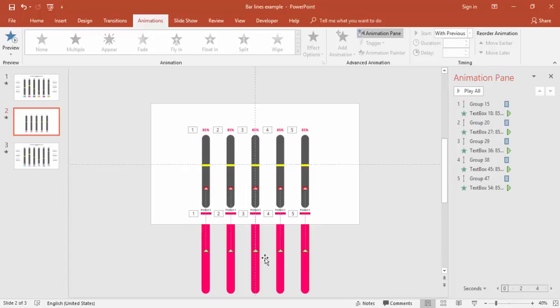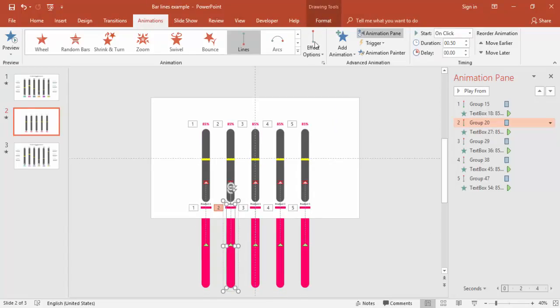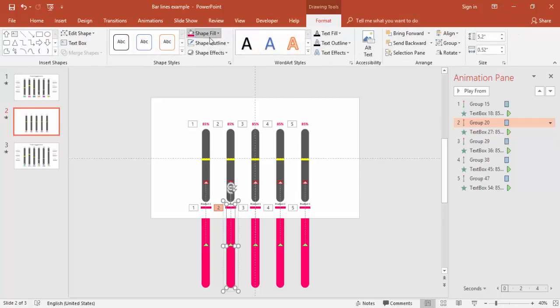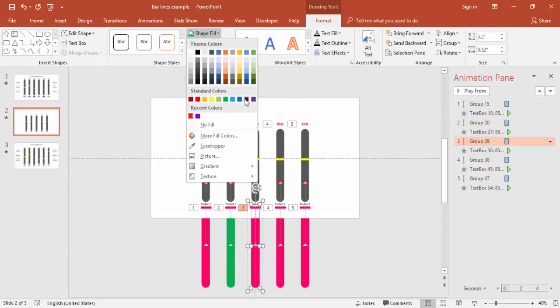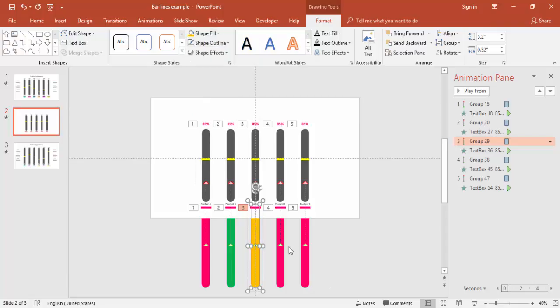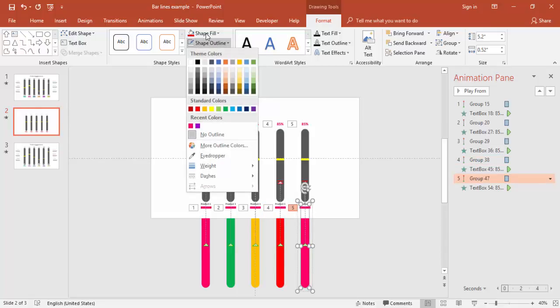Okay, now it's time to change the color. I'm just going to change the color to some different colors. I'll use some green, maybe orange, red, and